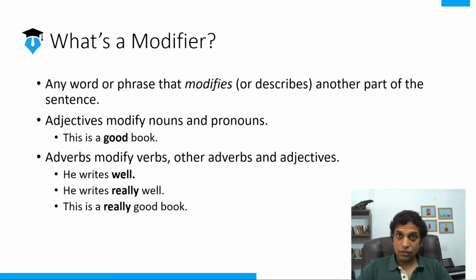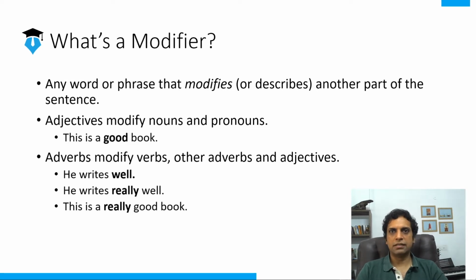So let's say you now know he writes well. How well does he write? So how well, now not how does he write, how well does he write? You're asking for more information now on the adverb itself. So if you say he writes really well, you're providing more information about the adverb. So an adverb can actually modify another adverb. And this is a chain, right? He writes really well. Just keep going. And of course, you can change the word. He writes really fantastically, brilliantly well.